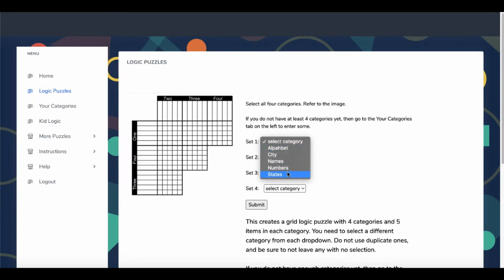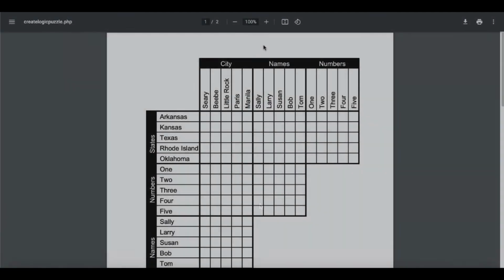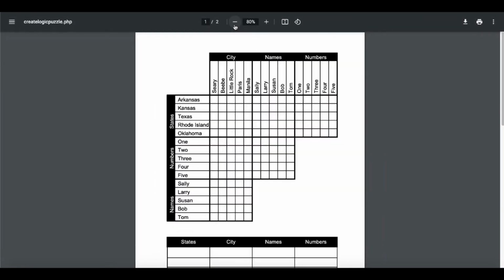Here you're going to create the first set of states. Then you're going to create a set of cities. Then you're going to create a set of names. Then you're going to create a set of numbers and you're going to click Submit. It's going to create your logic puzzle, the grid that you see here with states, city, names, and numbers, and